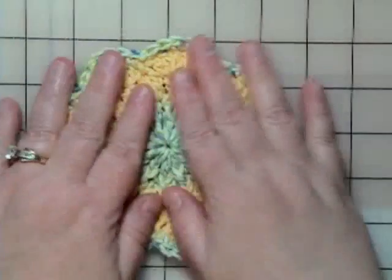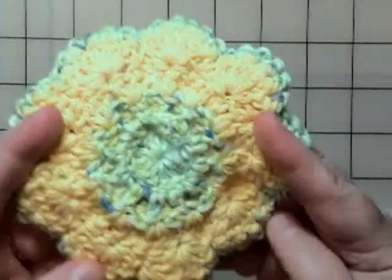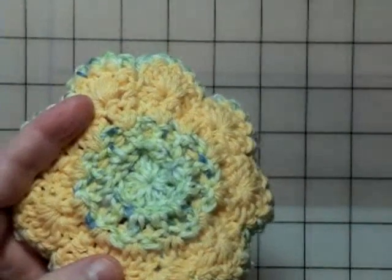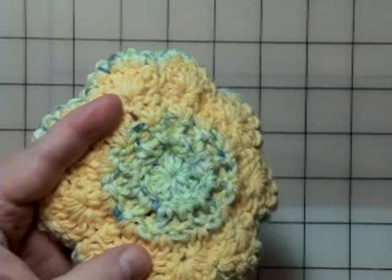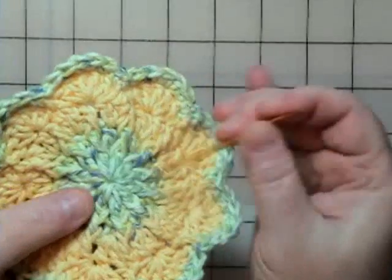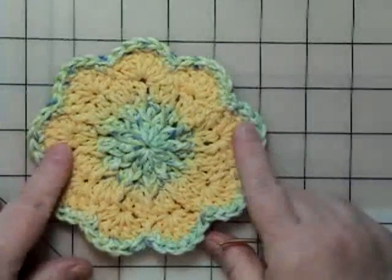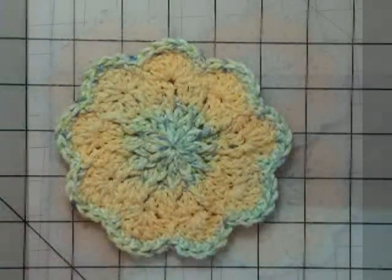And that's your petal coaster. It actually looks pretty from the back too, but just run your yarn ends under with a little tapestry needle, like this, and just take your ends and run those under, and then you have your little springtime coaster. Make a set of 4 or 6 of those and tie a real pretty ribbon around it. It makes a nice